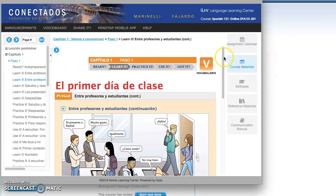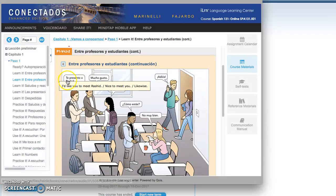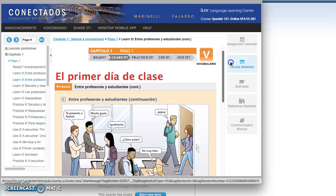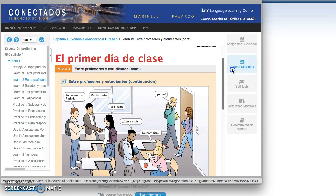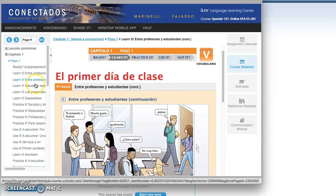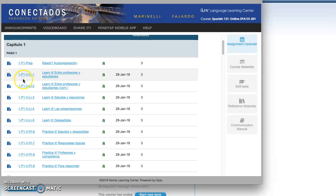So Learn It. Again, this is just a continuation of the same thing. We want to listen to and read. Oh, and it even has the translation. If you hover over it, you'll see the English. Nice. It's a nice feature. Okay, so once you listen to it, and I recommend listening several times, repeating out loud several times, making sure you understand the meanings. Once you complete all these Learn It activities, I would recommend in the same day doing